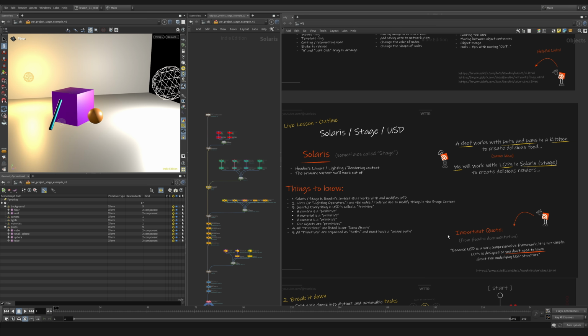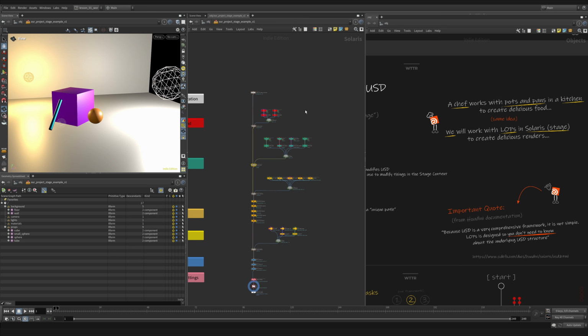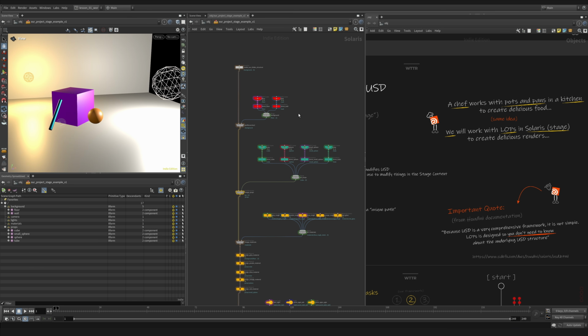All right, another thing that's important, this is also listed on the SideFX Houdini documentation, is this quote here: because USD is a very comprehensive framework, it is not simple. LOPs is designed so you don't need to know about the underlying USD structure. So another way you can work with Solaris is by just using these nodes and entirely ignoring the scene graph. But we're going to do a little hybrid mix of Solaris while keeping track of what's going on